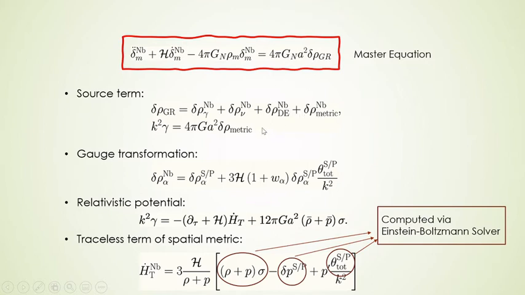This additional term that comes from the metric depends on the first and second derivative of the traceless term of the spatial metric and on the anisotropic stress of all the matter species. Since in the n-body gauge we can compute the traceless term of the spatial metric solely in terms of these fluid quantities, the anisotropic stress, the pressure perturbations, and the total velocity divergence, we can implement this n-body gauge formalism inside any Einstein-Boltzmann solver and compute the source term and make